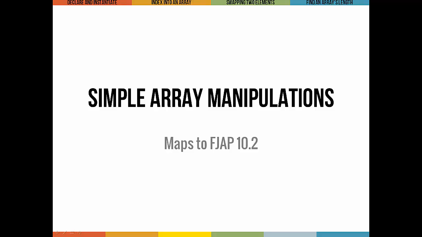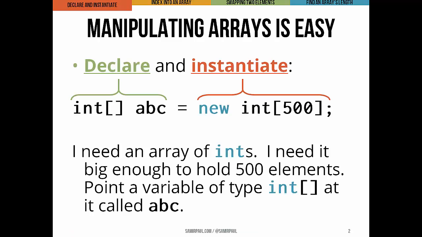The mechanics of actually working with arrays is pretty straightforward. We're going to look at some code to show us how exactly that works. We'll start by declaring and instantiating an array of 500 integer values. By default, they're all initialized to 0. Essentially, this looks pretty similar to a normal object declaration and instantiation, but we're saying, hey, I need an array of ints, big enough to hold 500 elements,